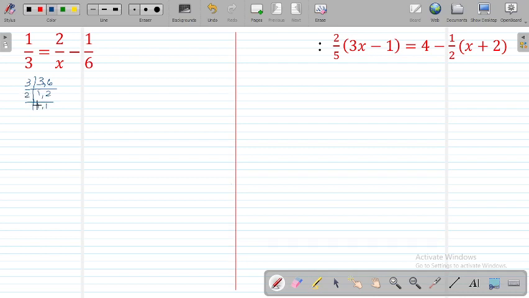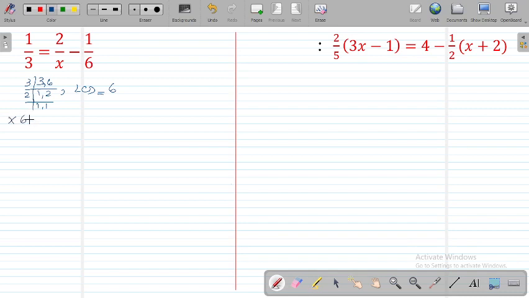So the least common denominator for this comes out to be, how much? 3 twos are 6. Okay. Now what we do with this 6 is this: we multiply